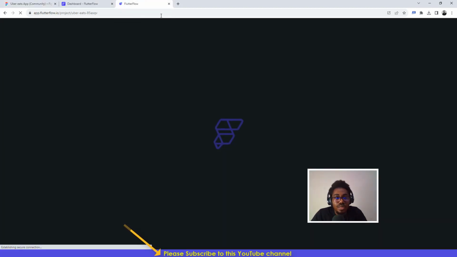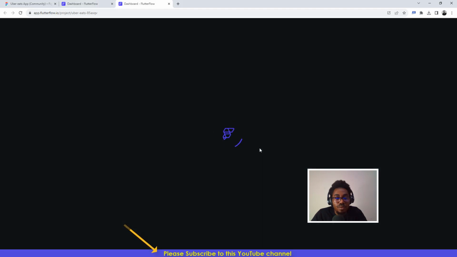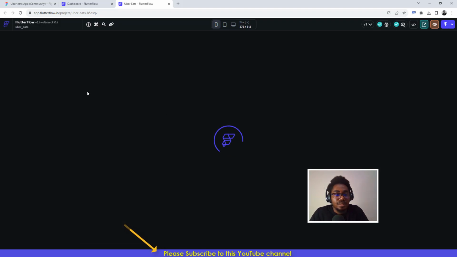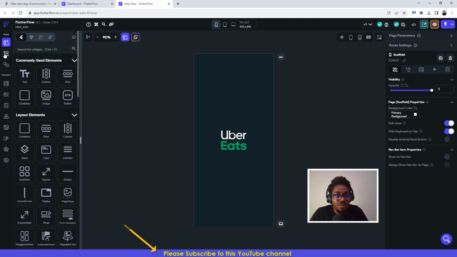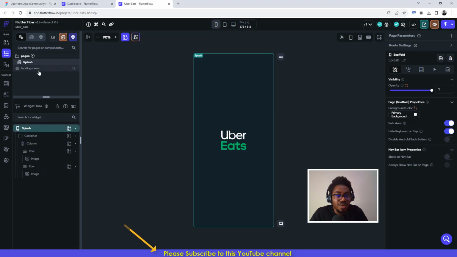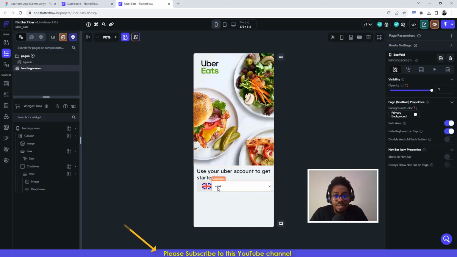Okay, so let's go ahead and just wait for FlutterFlow to pop. Right, so it's trying to load up here a bit. Okay, so I think it's ready to give us back our project. Nice and easy. Okay, so good. Now I was trying to use 60, so I'm going back to the landing screen, and then here,